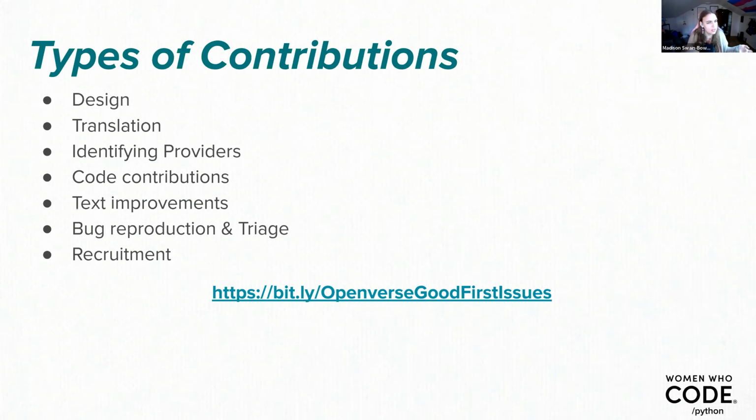Text improvements as well. Things like documentation improvements, copy improvements on text that's on our website. Those are crucial for us. Another piece is bug reproduction. Many of us on the maintainer team don't use Windows, right? And so if there's something that's happening just on Windows, having someone with a Windows machine to reproduce that can be really helpful. And also triage too, right? If we get new issues, helping us out with prioritizing and whatnot. And then lastly, recruitment is another way to contribute to a project. Getting people interested and invested in it is a way to contribute back to that project.